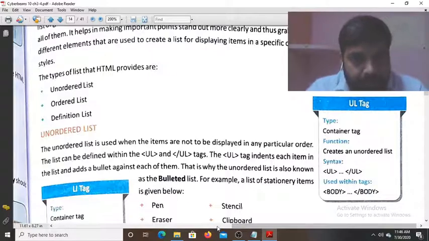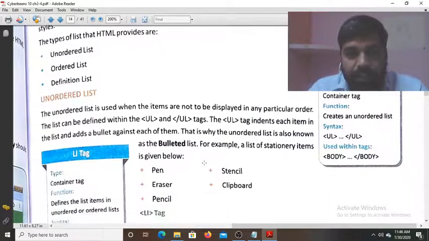While writing the items in the unordered list, we do not worry about the position of the items. The unordered list is started with the UL tag, open and close. This UL tag is a container tag, so both its opening and closing are needed. Inside this container tag, you will use the li tag, which is an empty tag, and after the li tag you will write the name of the items.